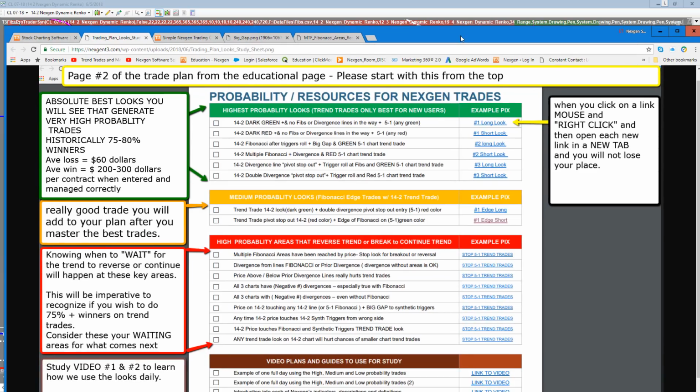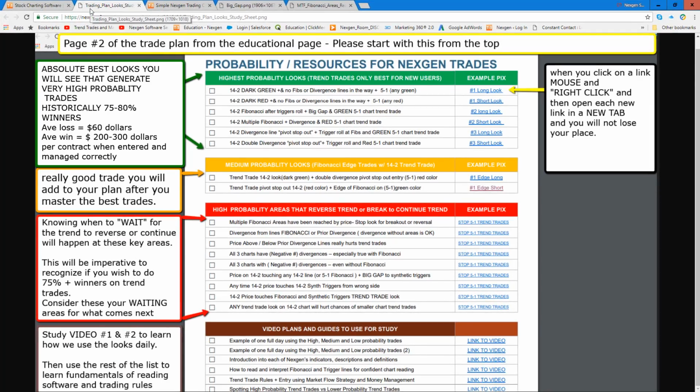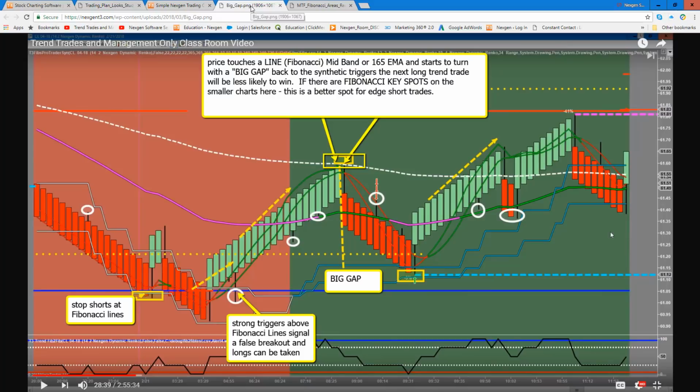As you look at your educational material, again, these are the trades that have high probability. The red areas are the areas that have very high probability to reverse the trend. And we did some really powerful lessons in class today. And again, one of the lessons that we have is,